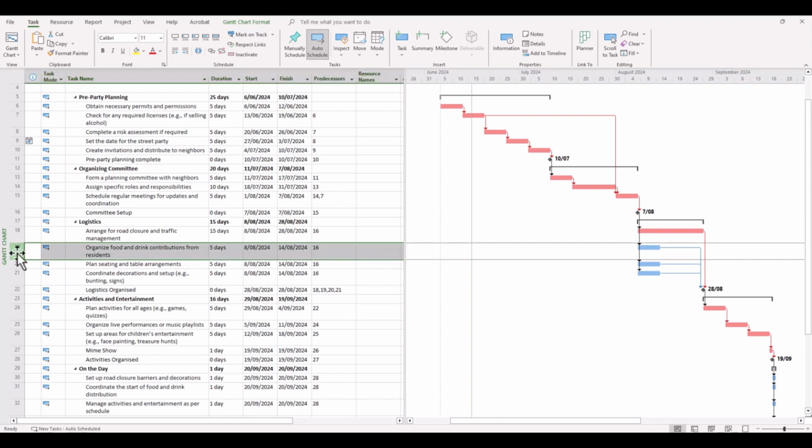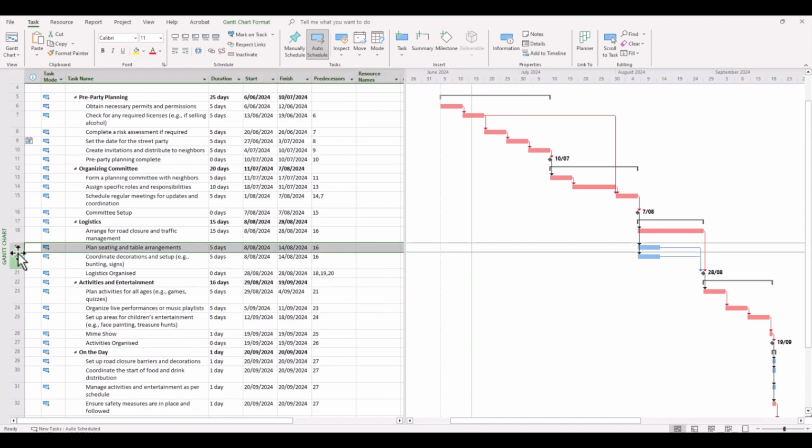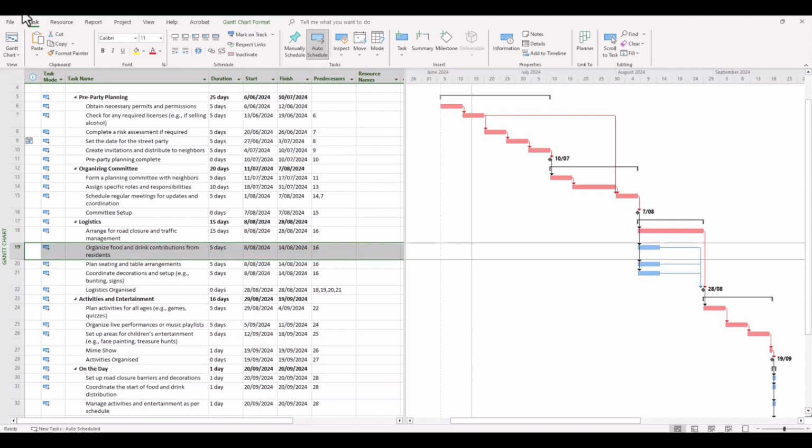Now, we could simply get in there and delete that and it will all be removed, but also a lot of the work that we've done in the background also gets deleted as well. For example, the estimated time that you put in, the resources, the prerequisites, the time frame, all get deleted along with it. And what happens if someone changes their mind and then you realize that we really needed that task there in the first place?